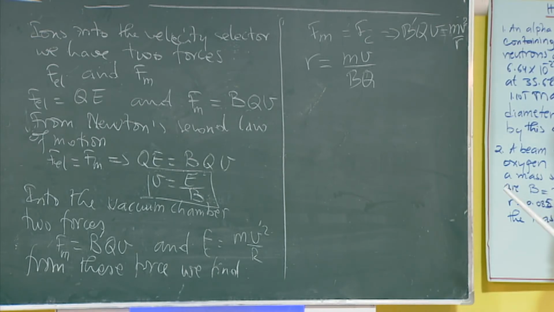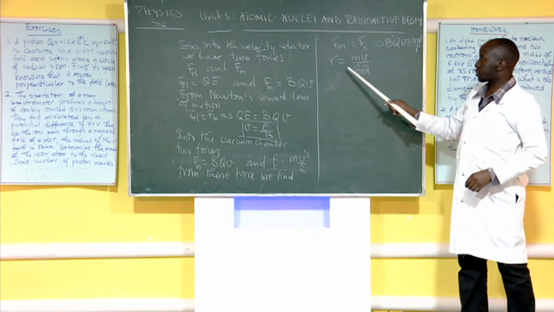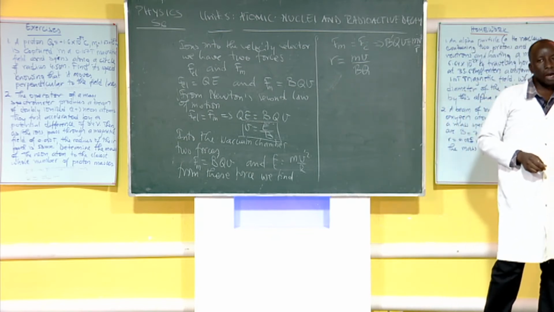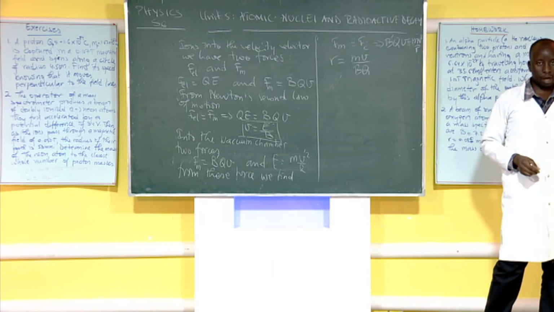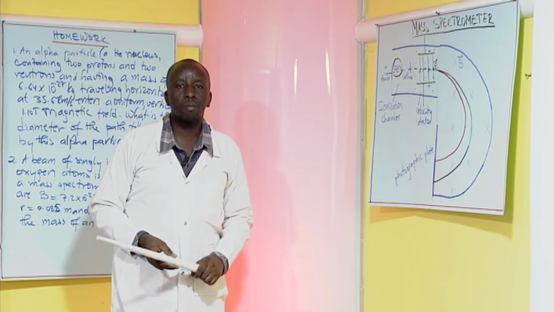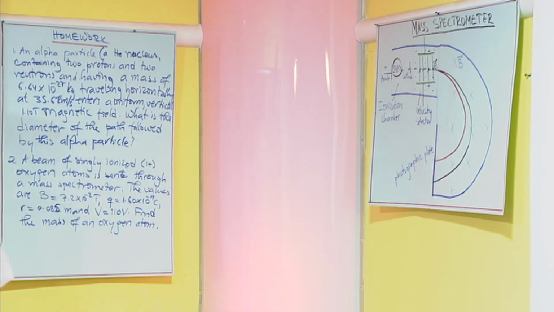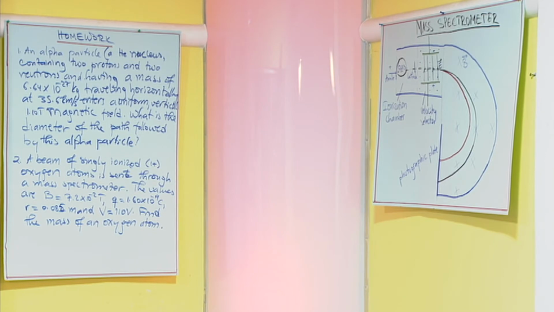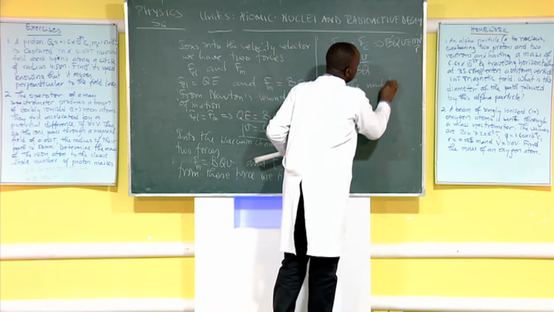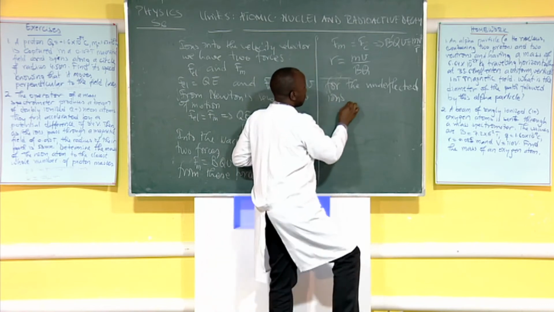Okay, students? Now, there is another way that we can think of this expression. When the electrons come from the ionization chamber here, they are accelerated to the velocity selector. So this time, we have two energies. One energy is electric, let's say for the undeflected ions, we have